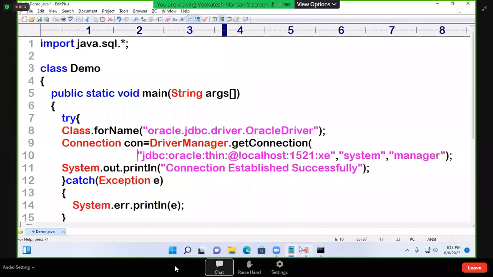After establishing connection, with this connection, we can call methods. With that, we can perform the task. What we have to do, we'll see. Connection library required. Now, at the command prompt, if you want to see the connection profile, what we have to write? javap